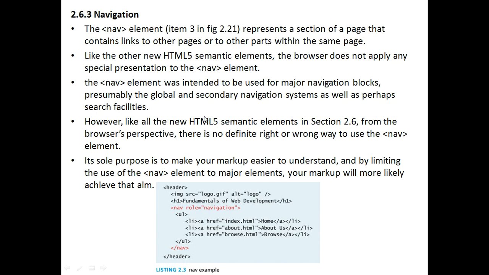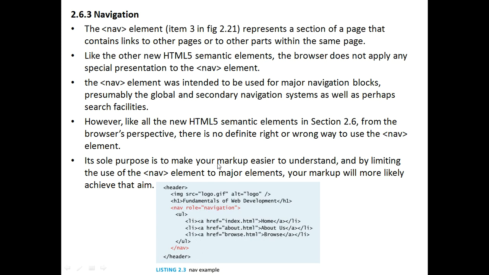However, like all the new HTML semantic elements in section 2.6, from the browser perspective there is no definite right or wrong way to use navigation. We just use the nav tag, but to link we use an anchor tag only, right? There is no right or wrong way to use navigation, but if you are using nav, better to include these navigation elements, or hyperlinks, within the navigation tag.